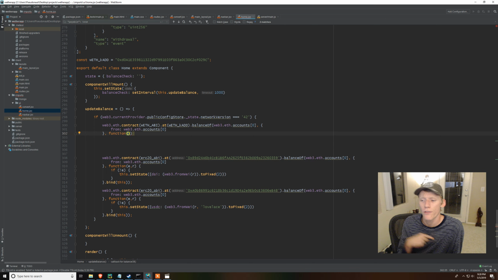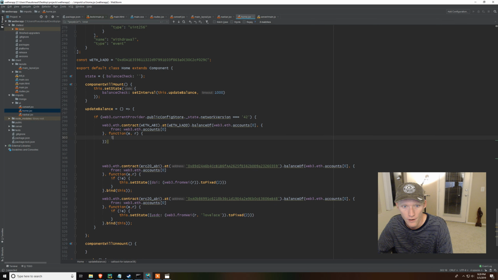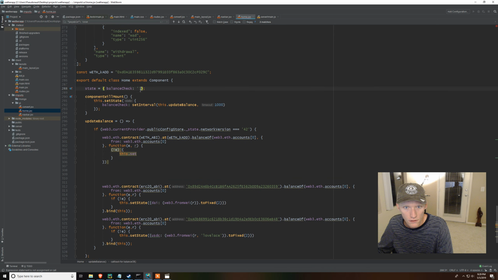And if we have to authenticate, like if we need to use a private key to create a function call or something like that, then it needs to know what account is calling the smart contract. Then the third parameter is a callback. So function E for error, R for result. If there is no error, then all we're going to do is update the